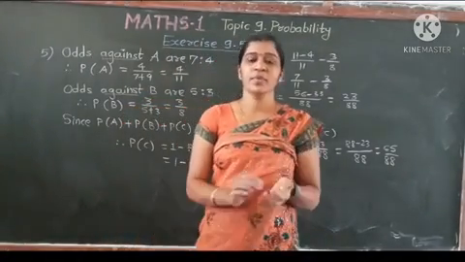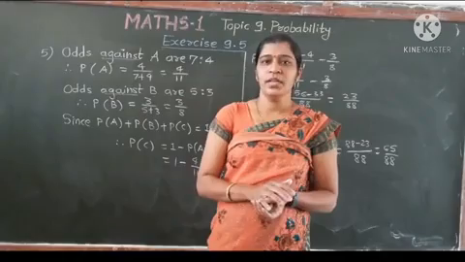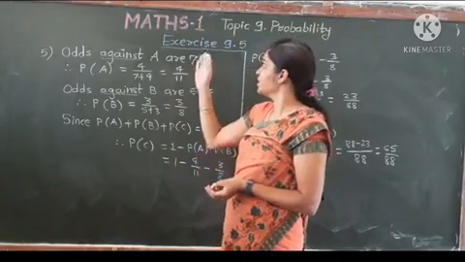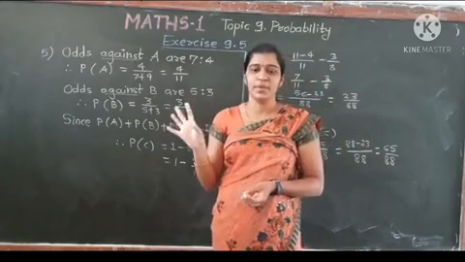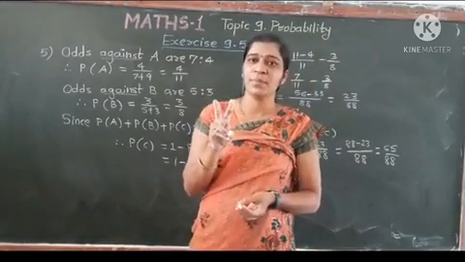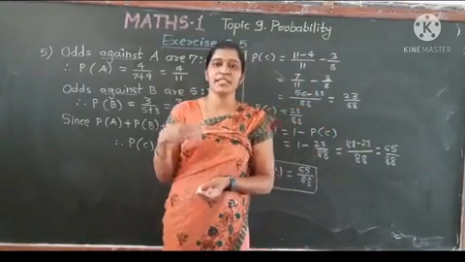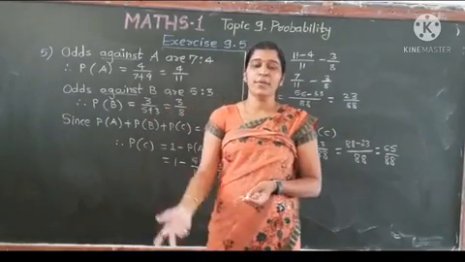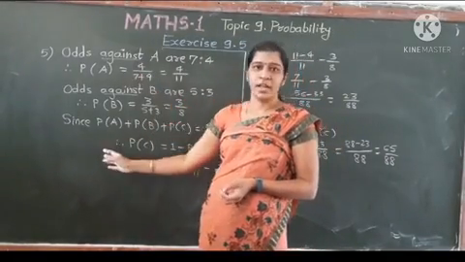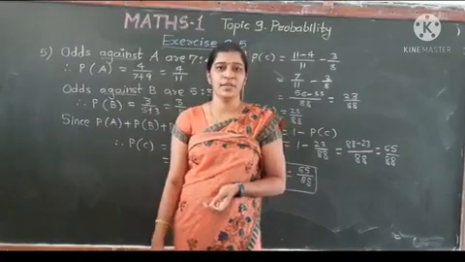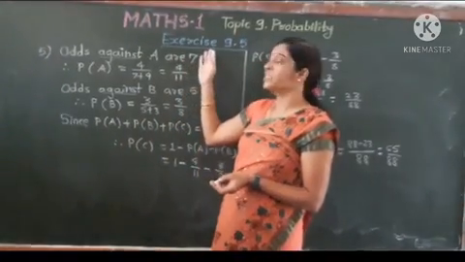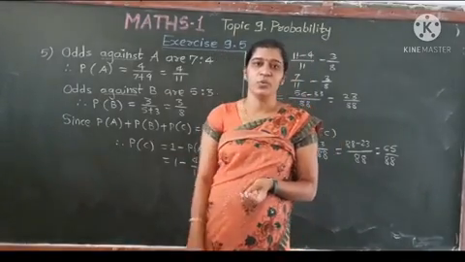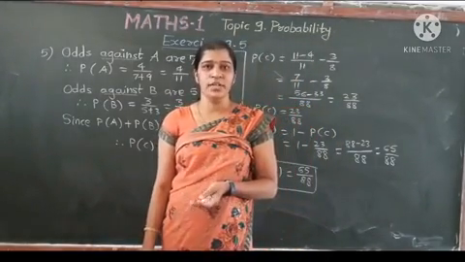Okay, understand? So students, in practice set exercise 9.5 we had completed first 5 examples. There remain 2 examples. Example number 6 and example number 7. You try both examples and also try all these 5 examples. So your today's homework is try to solve exercise 9.5. Okay, see you in the next video.